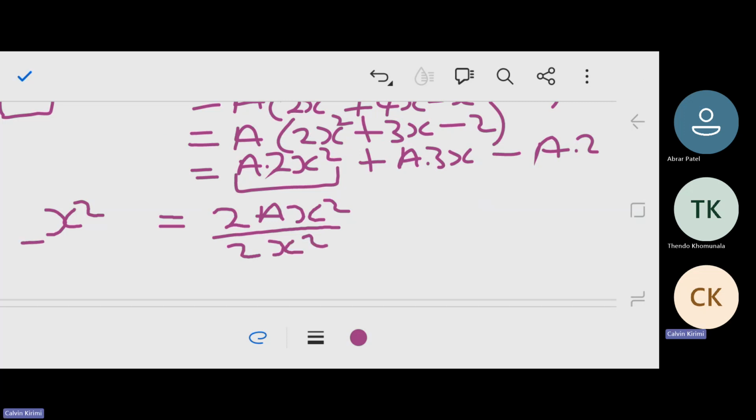We divide both sides by what? 2x squared. So they cancel. The x squared, they cancel. The 2 and the 2, they